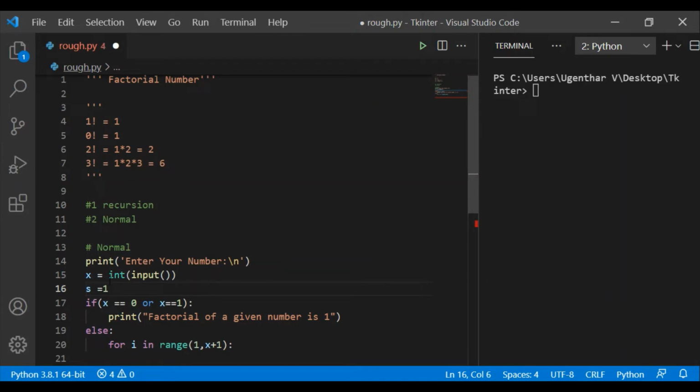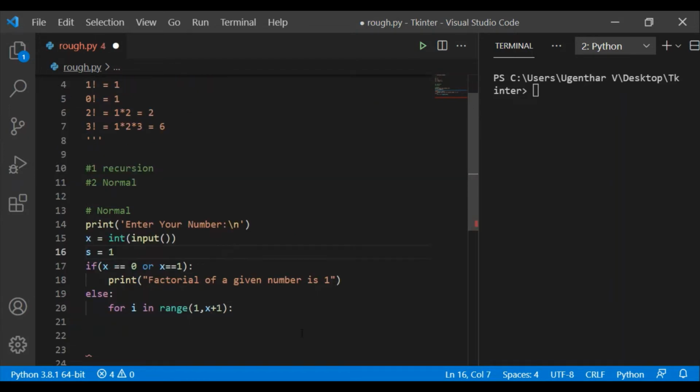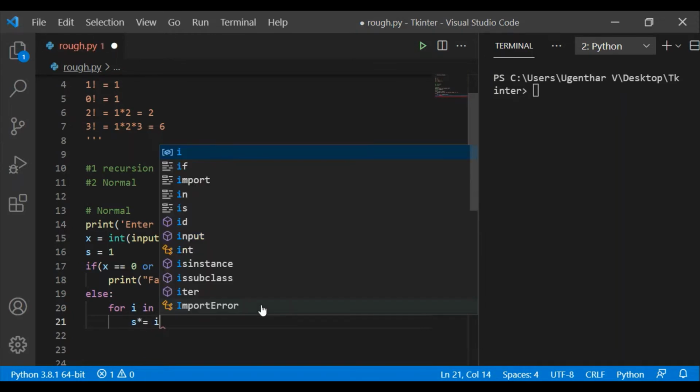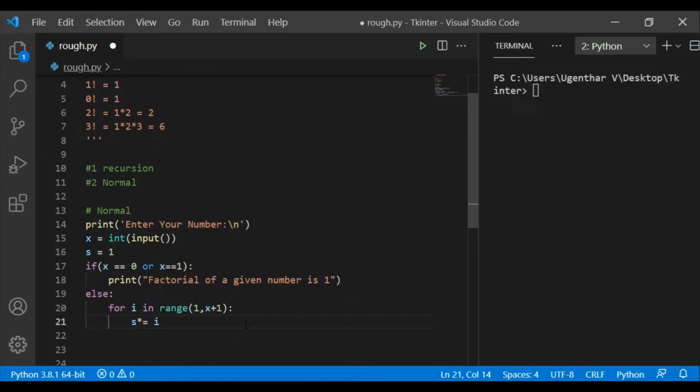This will be storing the product of each number. That means if input is 2, then it will be like 1 to 2, 1 star 2. In order to do that, s star equal to i. Now s will be storing the factorial.